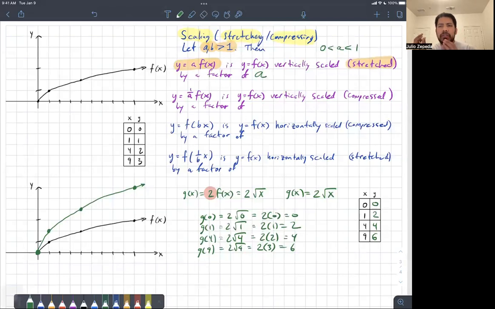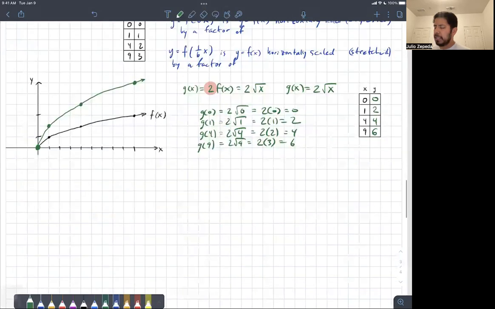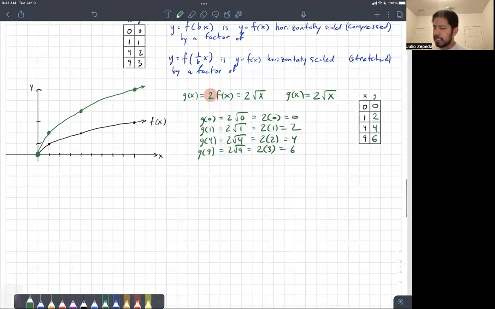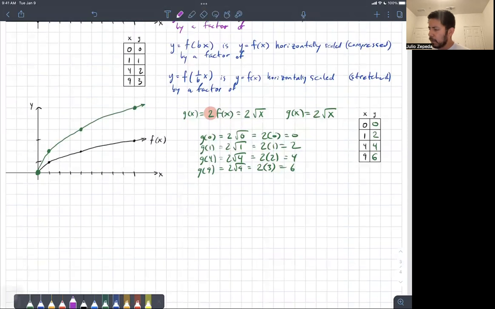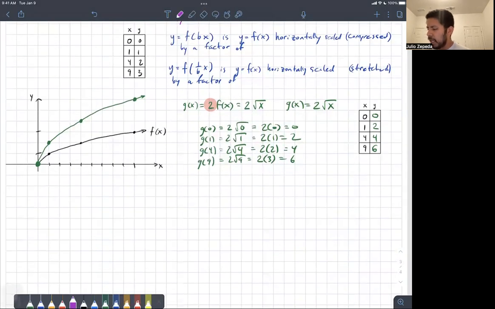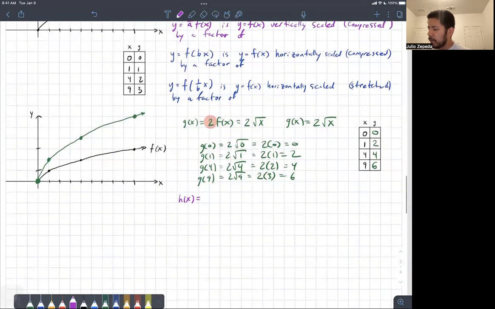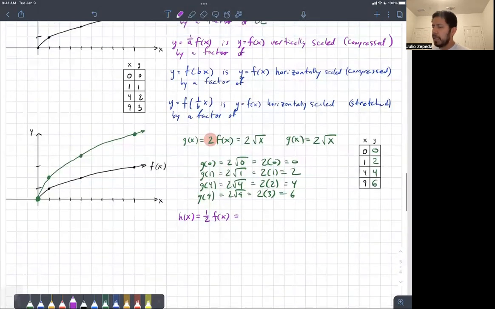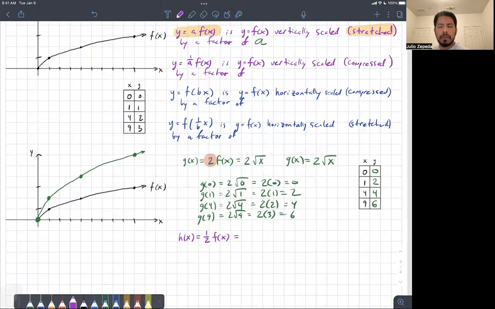But for right now, we'll restrict this next example to a being less than 1, but also positive. And so I'll actually draw it on this exact same graph paper here. And so let's call this one h of x. h of x is equal to, I'm going to use 1/2 f of x. So we're going to multiply by a factor of 1/2. And what is this going to do? 1/2 times the square root of x. It's just going to take the output values from before